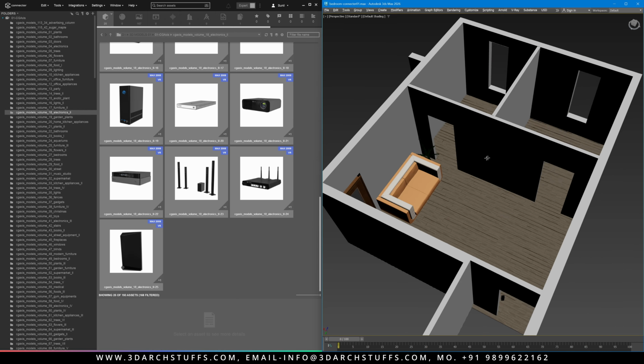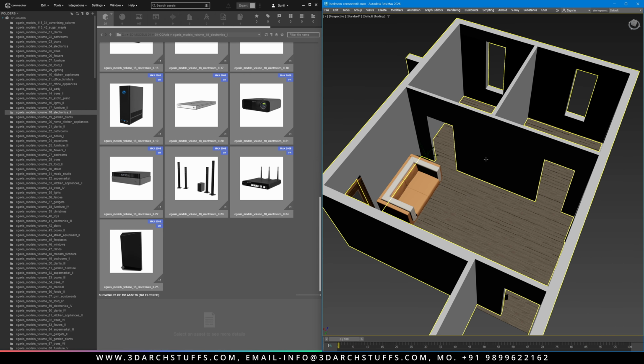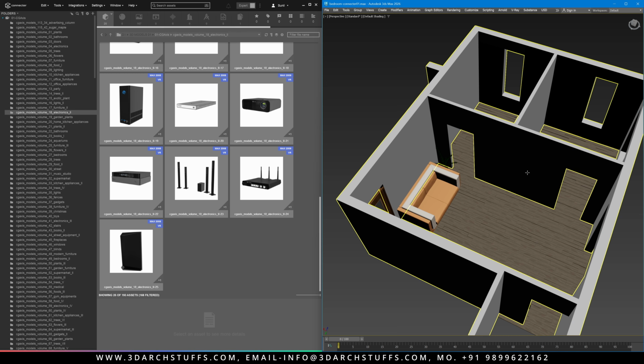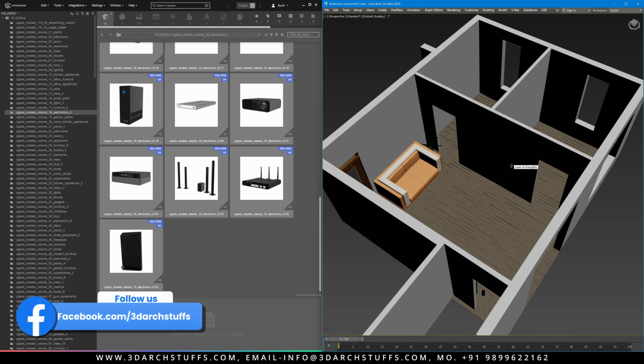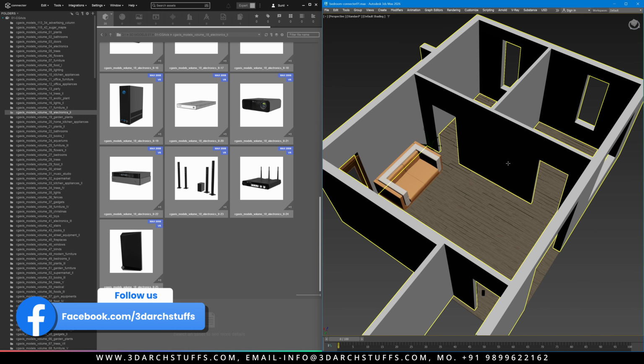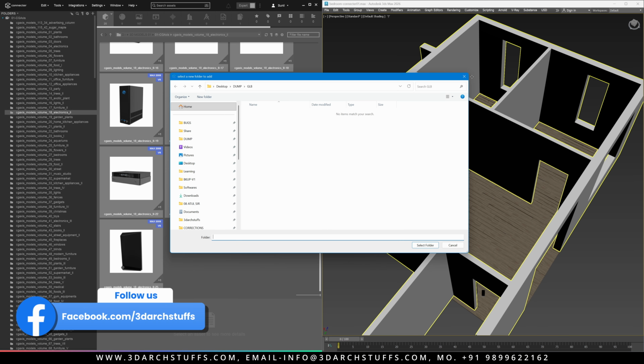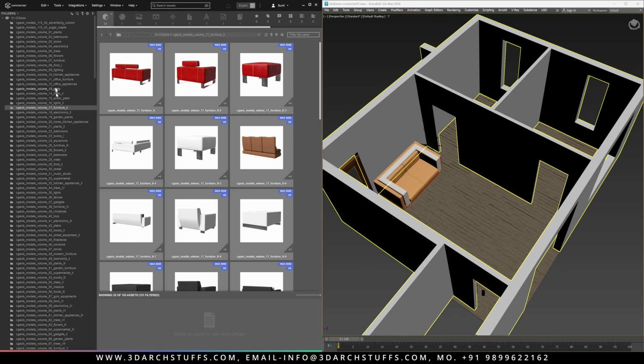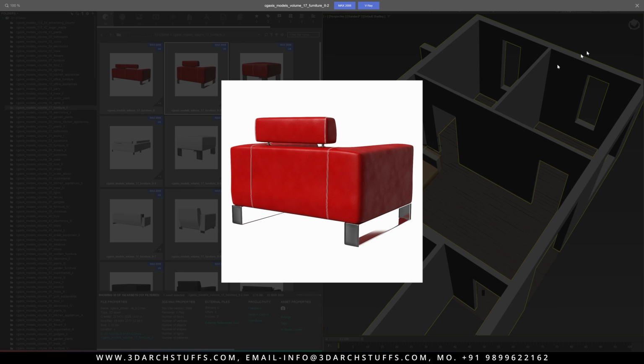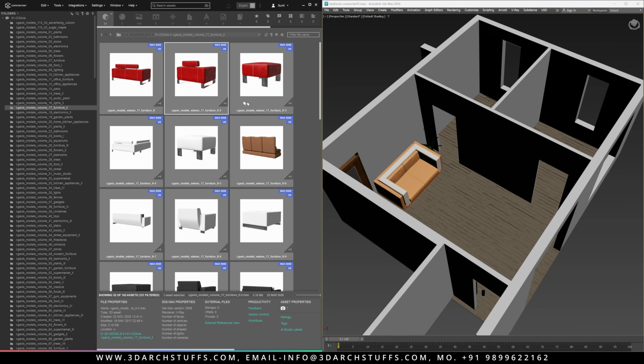The idea is to model the structure of any house you want to furnish or you want to complete. Then select all of your 3D model library on a hard drive. Then add all the library present on a hard drive inside Connector by going here. Obviously, you need to install Connector and then configure it. After that, go ahead and create previews of all the models library or whatever it may be. Or you can just go ahead and open, click on here, and then you can see the preview also of most of the models. So generate preview, and then after that you just go ahead and drag and drop,